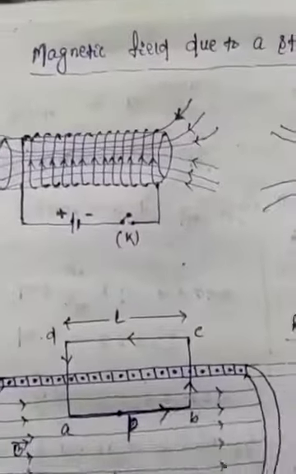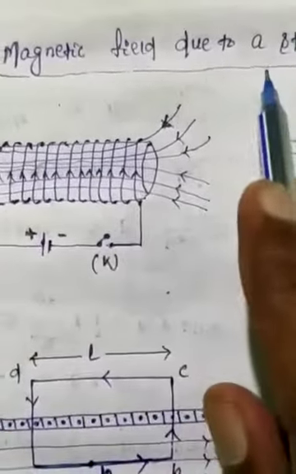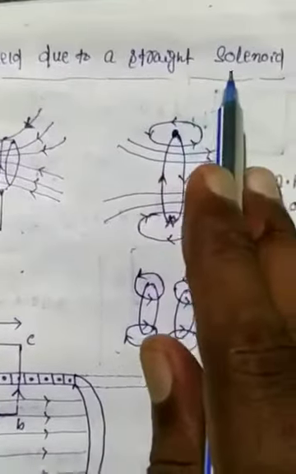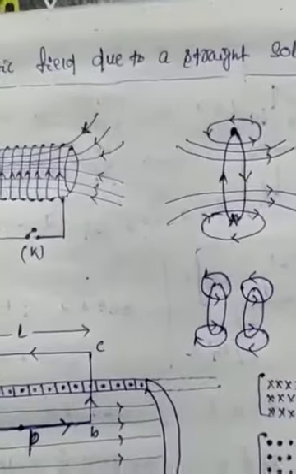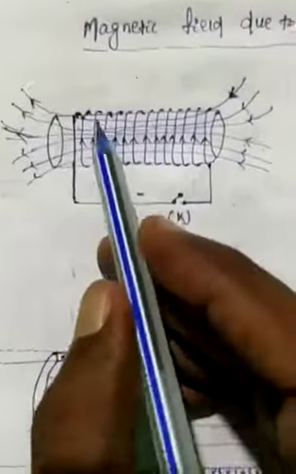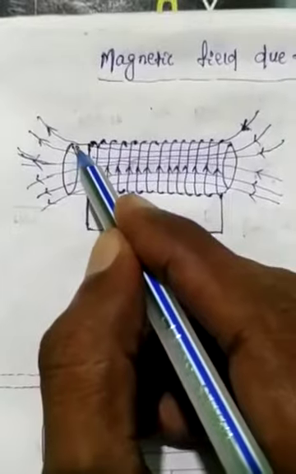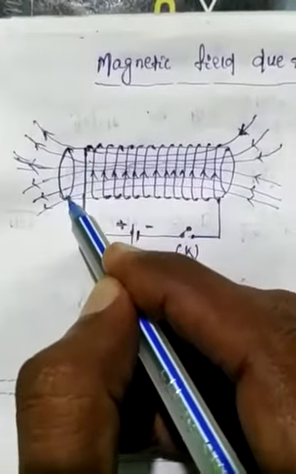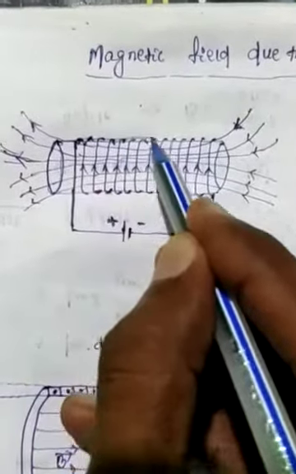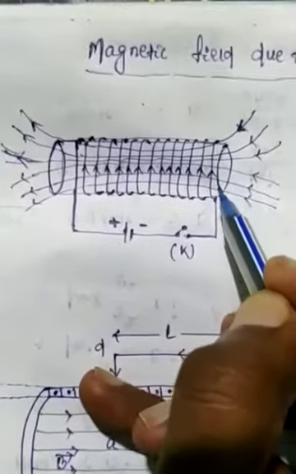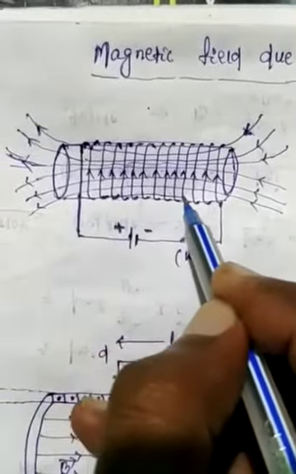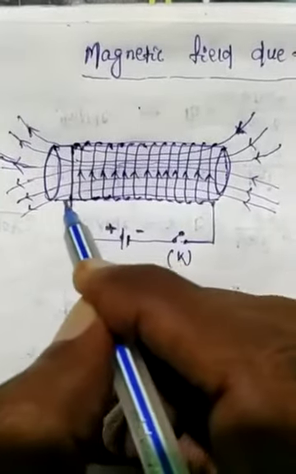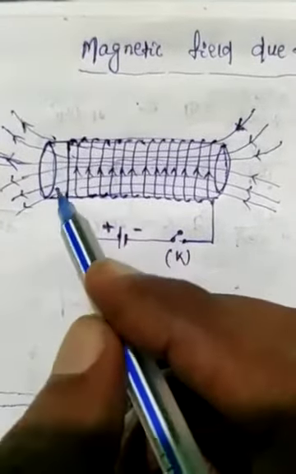Dear students, today we have to read the magnetic field due to a straight solenoid. So what do you mean by solenoid? This is an insulated cylinder. And upon this insulated cylinder,